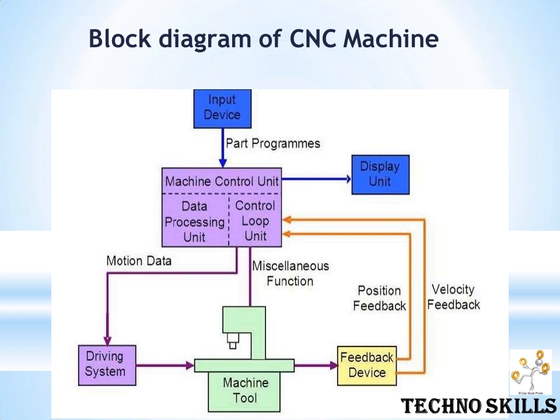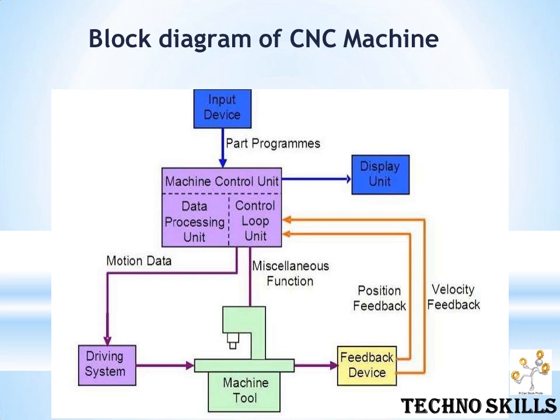Okay, so let us see now. One more connection, you can see here, goes as a miscellaneous function directly to the machine tool, that is the working table. So what are these miscellaneous functions? There will be many functions like spindle motor on, motor off, coolant motors, lubrication motor on, lubrication motor off. Then we may have extra light fittings, a chuck pedal switch operation, and limit switches for the doors.